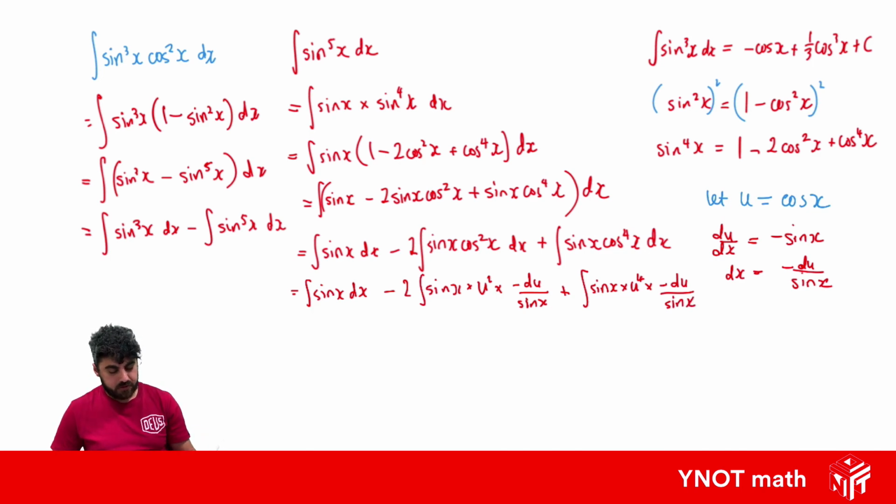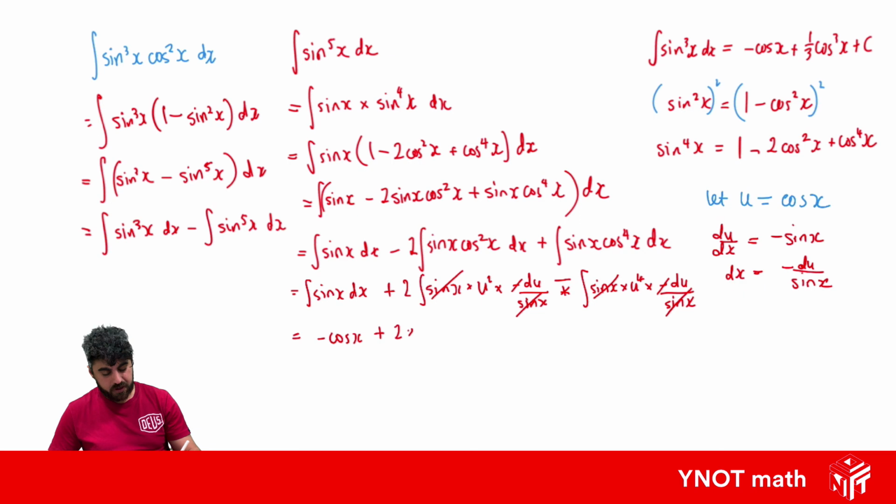So we can tidy this up a little bit. So the sine x's will cancel out in both integrals. This negative will cancel out this negative and become positive. And this negative will turn this positive into a negative. So what we're going to get, we're just going to get the integral of sine x, which is minus cos x,